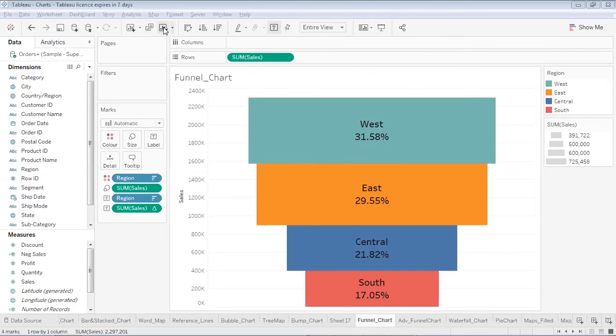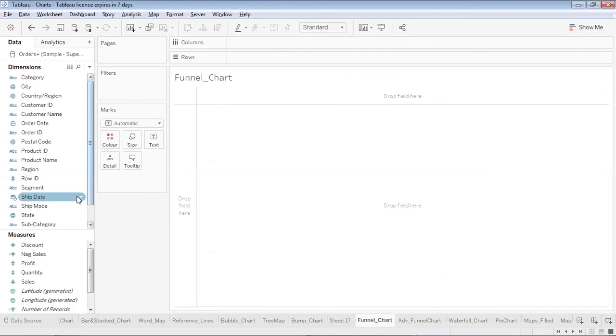So let's create a funnel chart from scratch. So for a funnel chart, first of all, take a